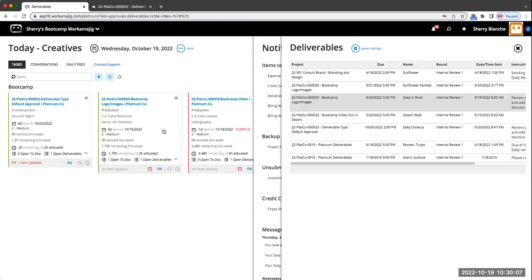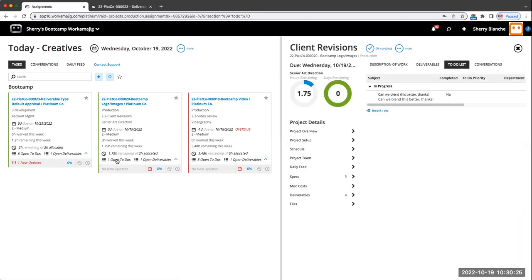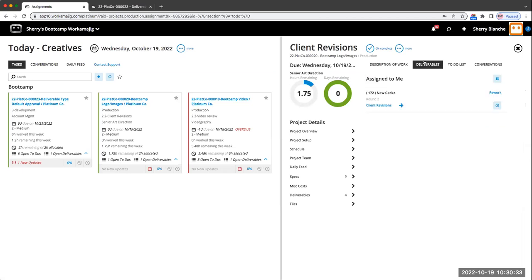But we can see here that whoever, now this one's on an actual client revision task that's in here. And there are also some to-do items that are listed on my task for client revisions that are considered an open to-do. So it lets a designer, somebody on this task, come in quickly, see the deliverable, take a look at that to-do list,